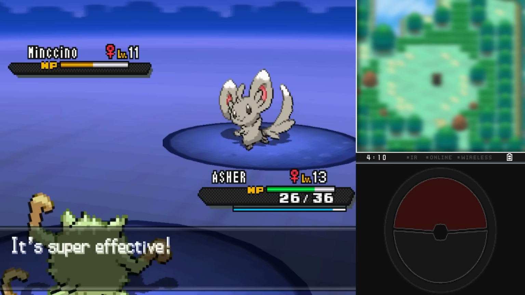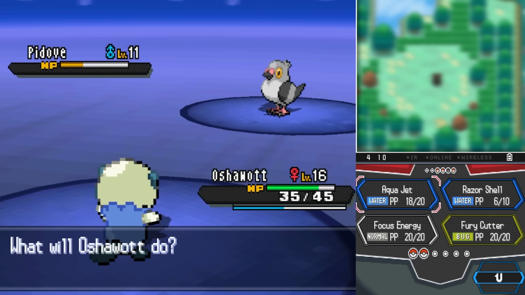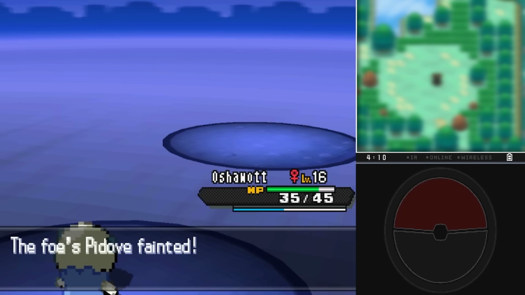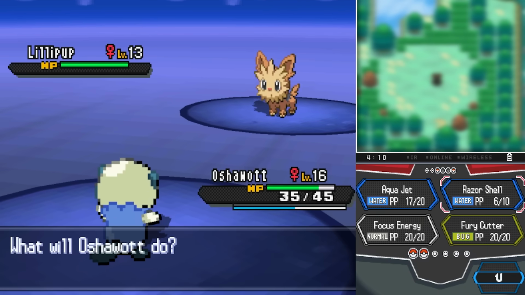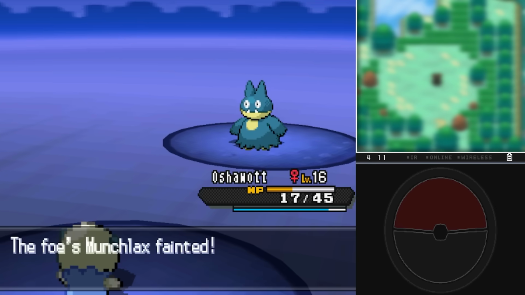It took 2 whole Low Kicks to take down his first Pokemon, Minccino, and the second Pokemon was a Pidove, so I had to swap out into Oshawott and kill his next 3 Pokemon, all with Razor Shells and Aqua Jets. The cool thing is that after this battle, my Oshawott evolved into a Dewott, which is not only the